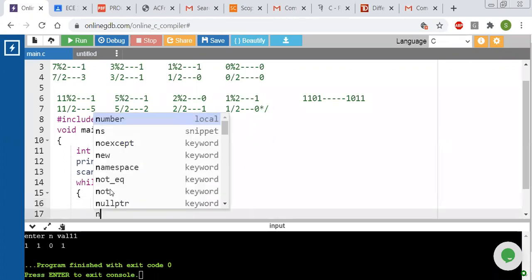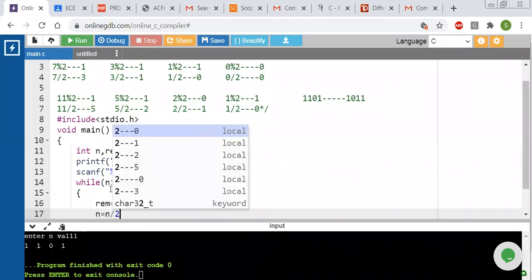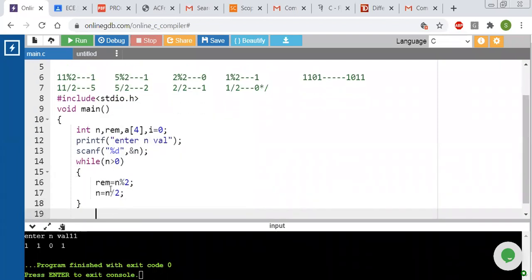And to get the new number, n is equal to n by 2. And then we are displaying the remainder here.